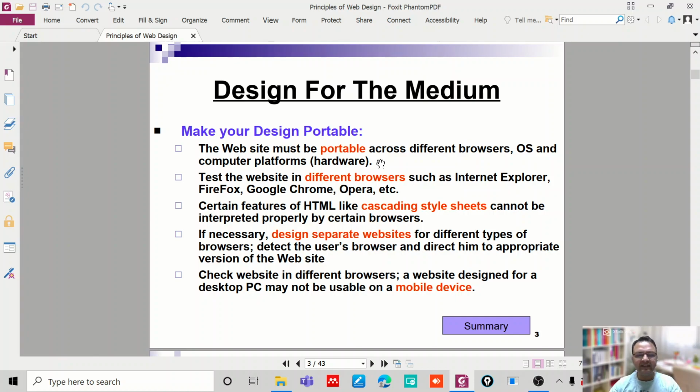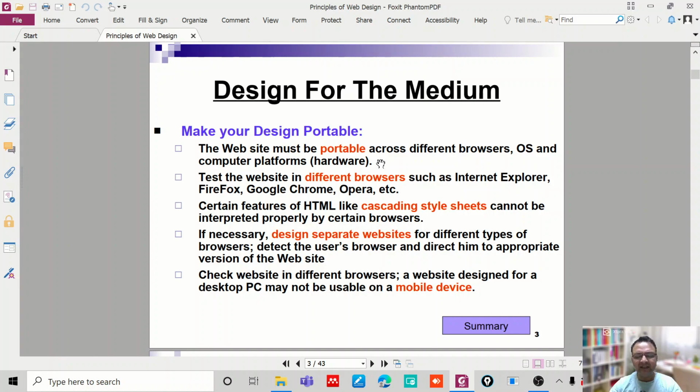So it is necessary that when we design a website, we need to test the website in different browsers. At least we should test the website in the browsers which are very popular, like Internet Explorer, Google Chrome, Firefox, etc. And certain features of HTML like CSS, cascading style sheets, sometimes are not interpreted properly by certain browsers.